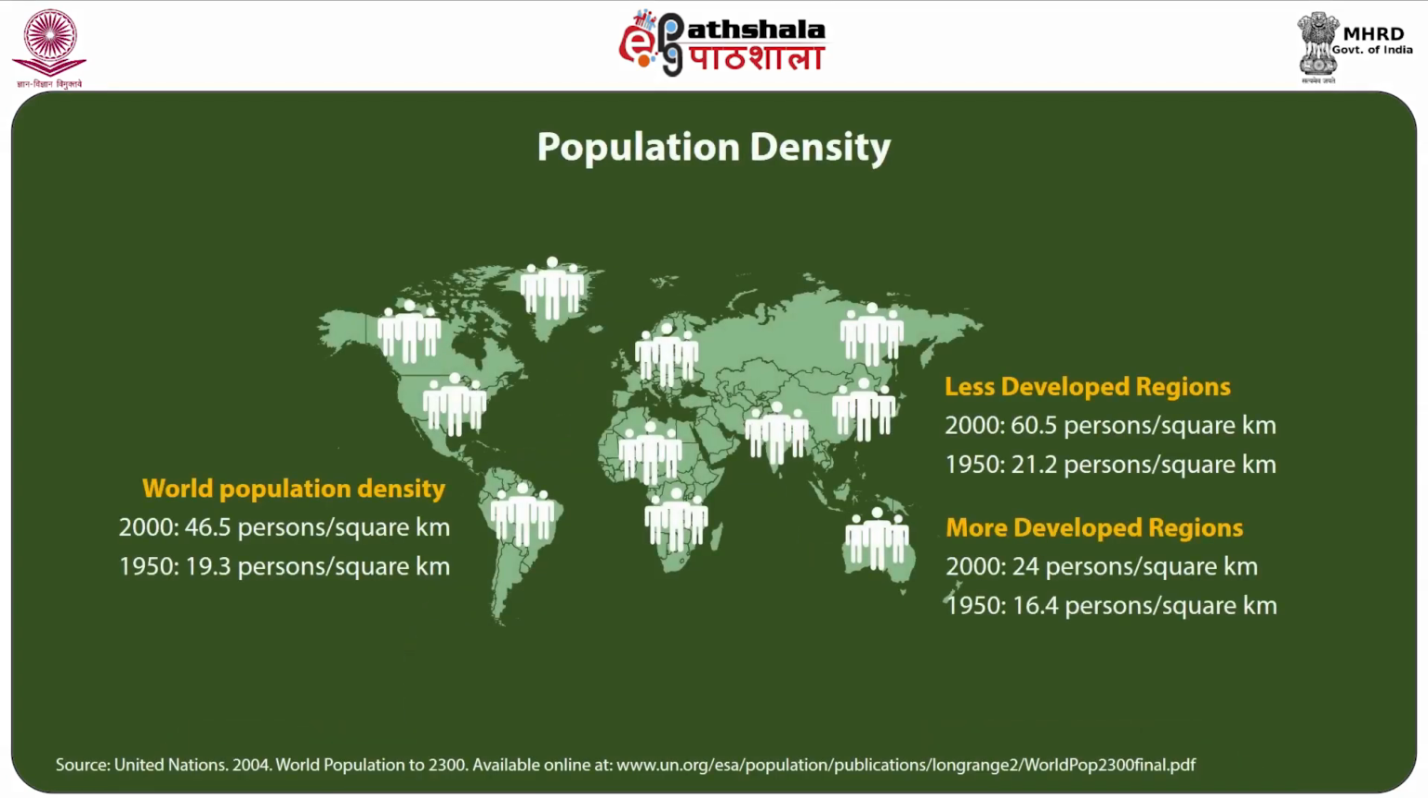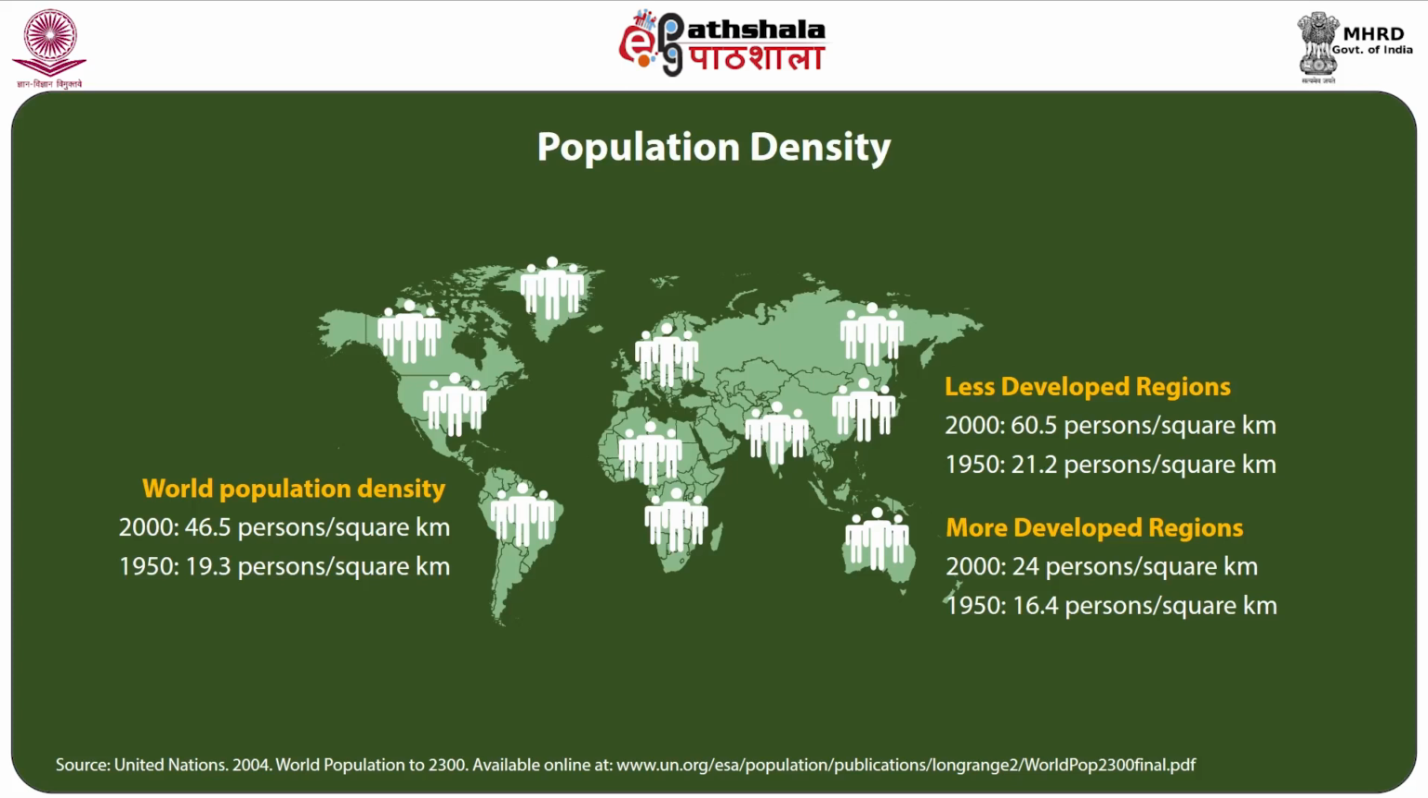Again, with respect to more developed and less developed regions, the density of population is lesser in the case of more developed regions, and its growth is slightly lesser compared to less developed regions. For instance, in 1950, more developed regions had a population density of 16.4 persons, which only increased to 24 persons in 2000. In the same period, in less developed regions, it was 21.2 persons in 1950 and as high as 60.5 persons in 2000,